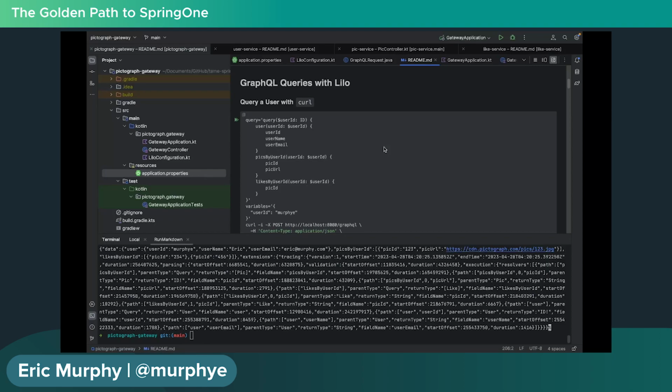So let's pretend we have a scenario where we want to create a user profile page for Pictograph. On this user profile page, we want to show basic user information. We want to show what pictures that user posted, and also what pictures were liked by that user. So just a very limited set of data that we want to show. If you were to implement this using REST microservices, you might have to make 3 separate service calls: one to the user microservice, one to likes, and one to pics, right? All through the REST APIs. So you're making multiple calls. In addition, with each of those calls you might get extra data back that you don't care about